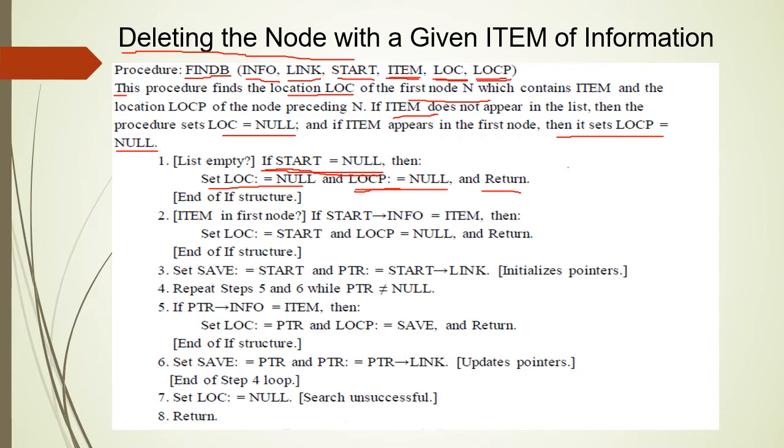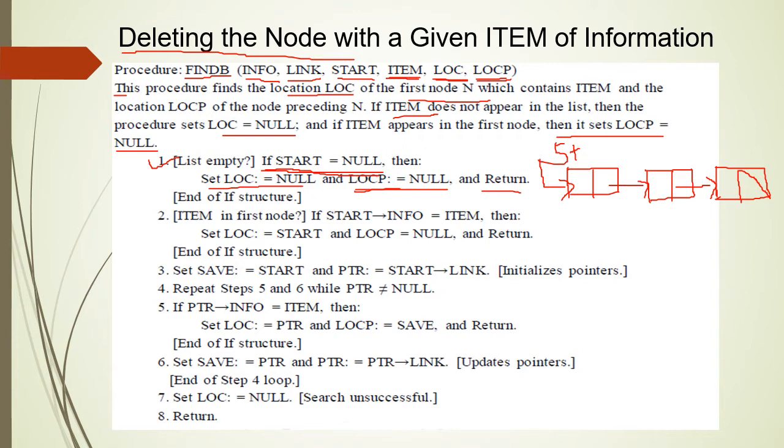So, let us assume that you have a linked list in the memory. That linked list consists of 3 nodes, a 3 node linked list. This node is pointing to this node, the link field of this is pointing to this, the link field of the last node is null, and the variable start is pointing to the first node. So it will check whether start is equal to null. No, the condition is not true because start is pointing to the first node. Therefore it directly goes to the second statement.